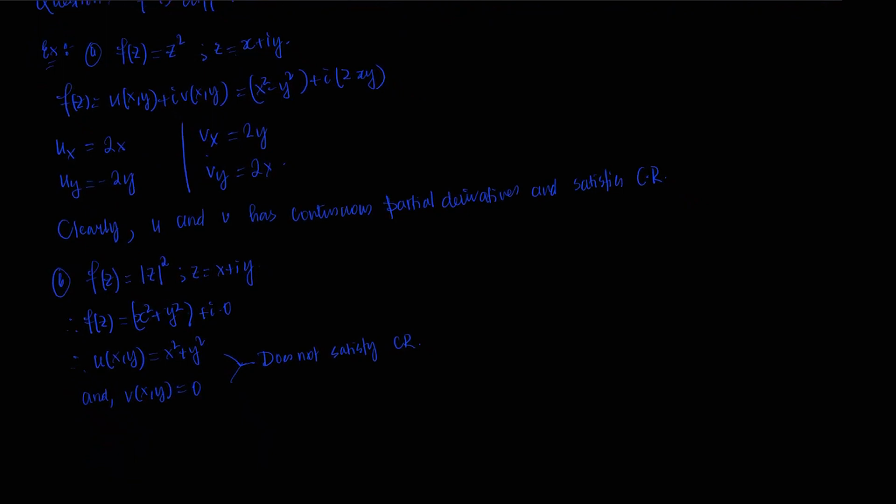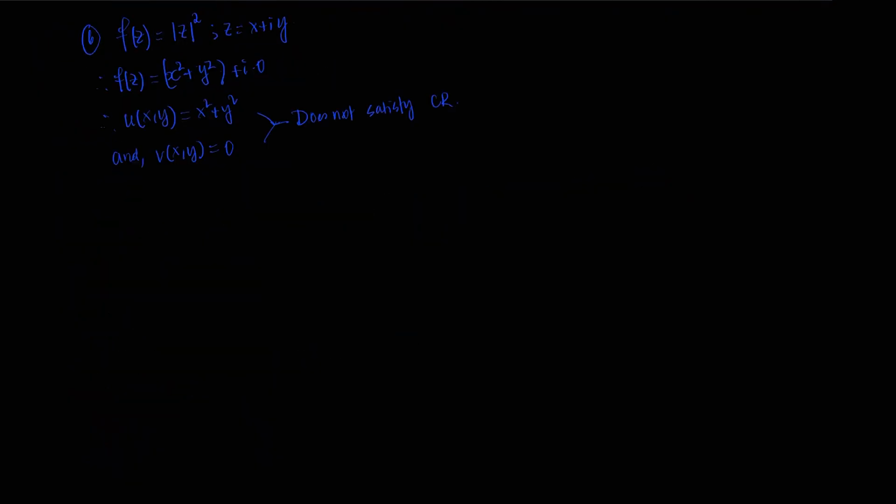Okay, so the proof of this particular theorem, that if first order derivatives exist and they are continuous and satisfy the CR equation, then this is differentiable, I am not going to do, because this is a little complicated proof which is out of the syllabus. So the proof we are going to skip, but always remember, you just have to show this thing. Let me put it this way. Remember,